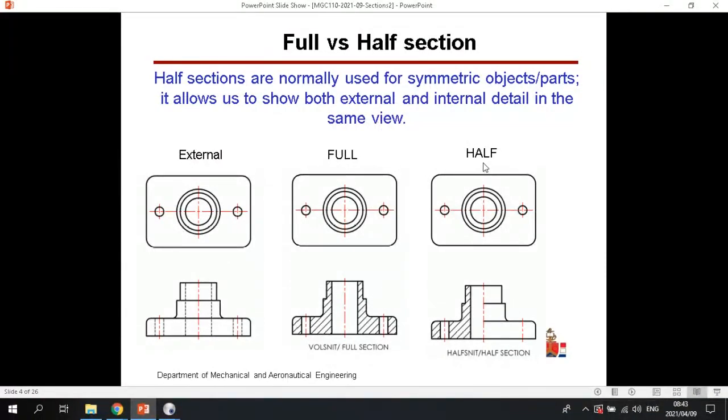Then we said another trick that we can do is make use of something called a half section. So that is where we draw a full external view and a full section view at the same time. So the left half could be in section or it could be the external, and then the other side is the section or external, basically whatever the other side is not. So we can have a section and an external view in one. Usually half sections are used for symmetric objects. So we show two views with the effort of half a view. Well, one view, but half a section